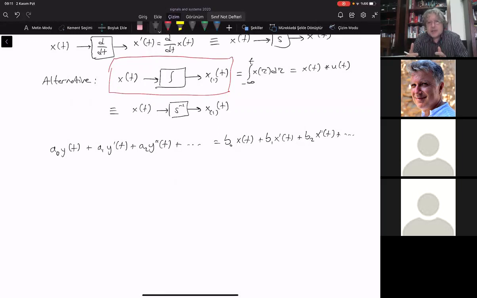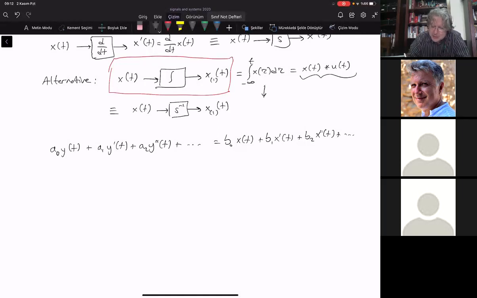And every integration can be considered as a further convolution with u of t. We convolve with u of t again, and then we convolve with u of t again. That corresponds to iterated integration. If you want to write it in an iterated integration format using the integral symbol, like from minus infinity to t x of tau d tau, the expressions will get more and more complicated. Look at even one further